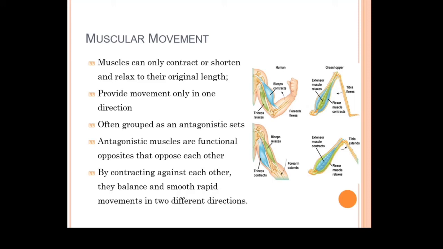So the answer lies in the arrangement of the different types of muscles. In most cases in the animal's body, the muscles are grouped in pairs, or more than 2 or 3 muscles together, to do one simple function. And if there are only 2 muscles, these are always arranged in an antagonistic manner. Antagonistic manner means, if you see in this diagram,